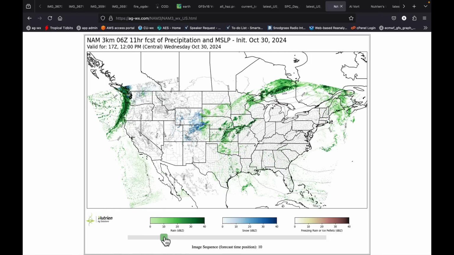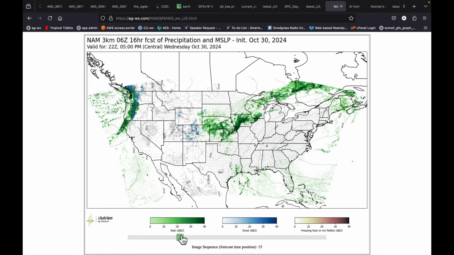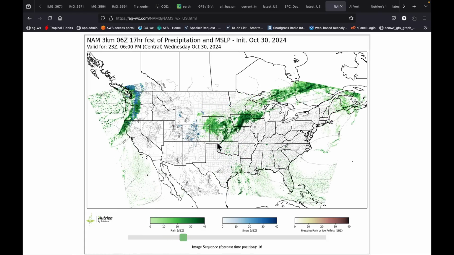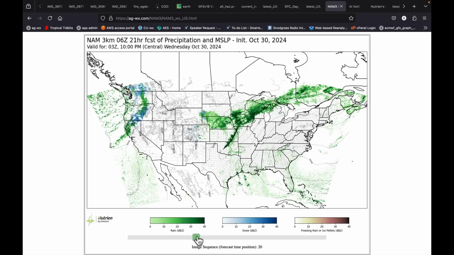And as it pulls through, we can see the snow coming out of Wyoming into Colorado. And then it will be tonight that we're going to watch along this boundary for the risk of severe storms to blow up. Now, it'll be strongly forced. It'll all be along the frontal boundary here that we're going to be seeing this. But heavy rains for parts of Iowa, getting into southern Minnesota and Wisconsin, are possible.